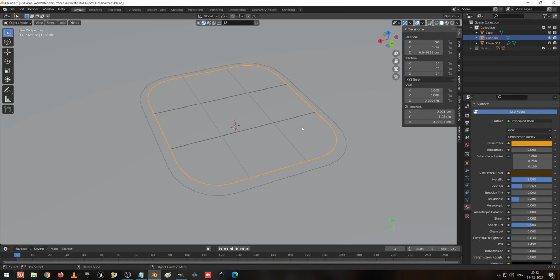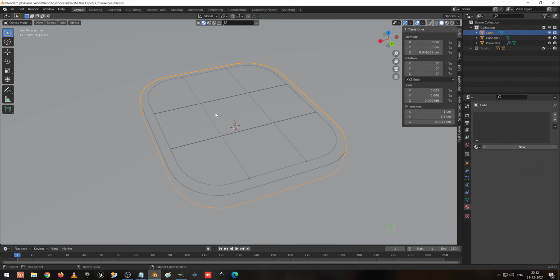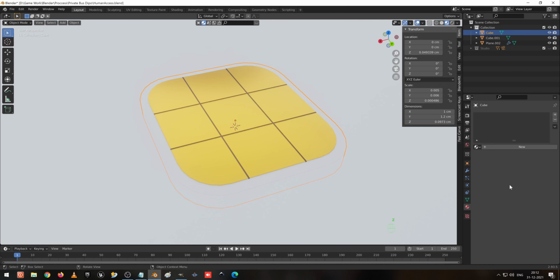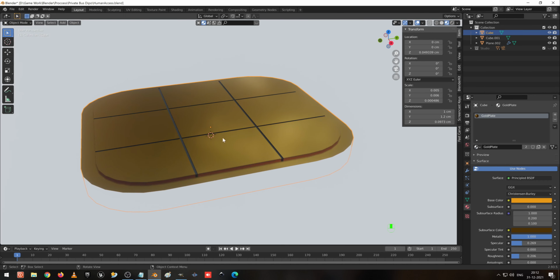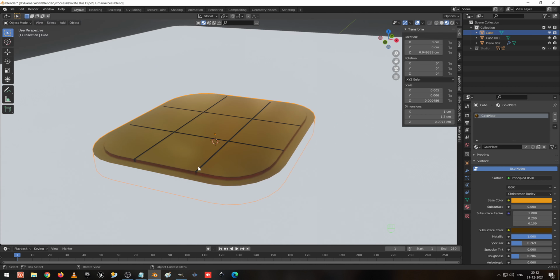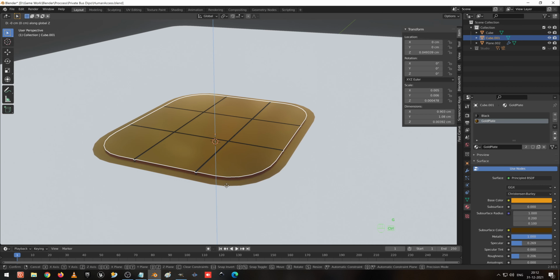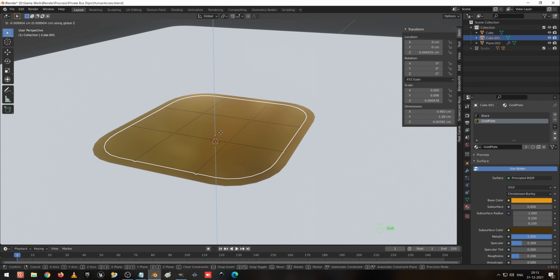Now this one is going to be the same. I'm going to click it, assign, go to material preview and assign the gold plate. So now this one, what I'm going to do is select this one and G Z, and using the shift key I'm going to reduce it down slightly up.